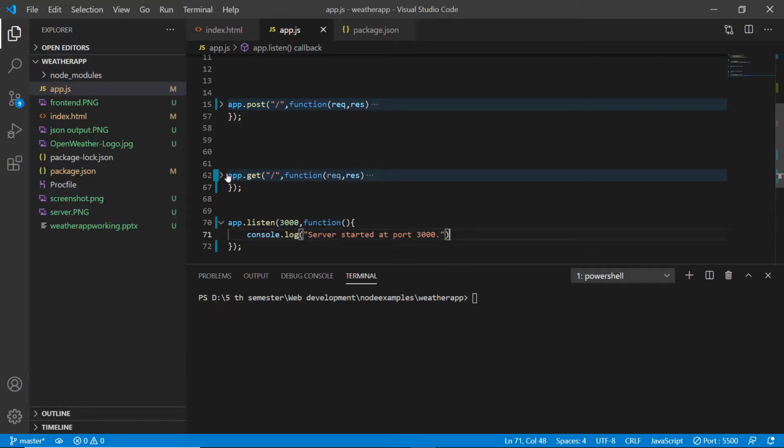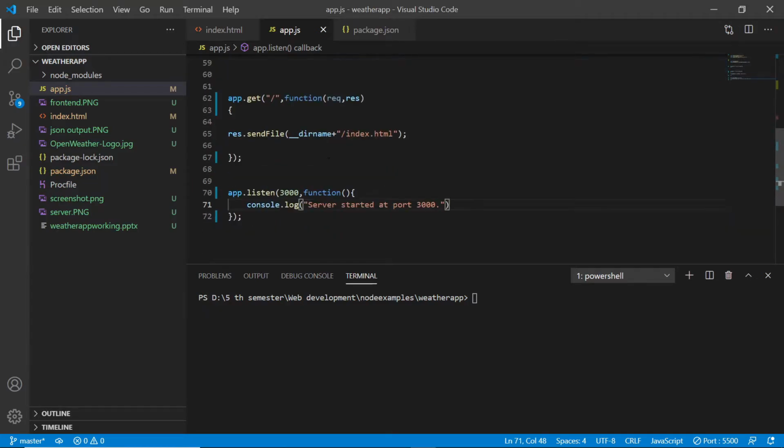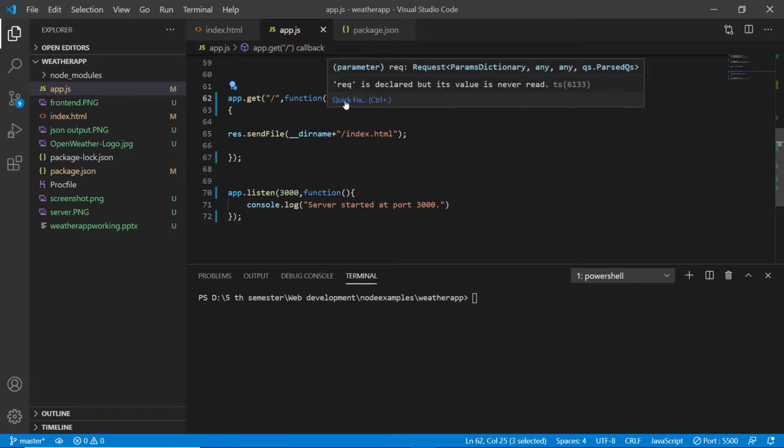Now let's see this get route. Whenever there is a get request from the client side to the home page, slash just means home page, localhost, this callback function has to be executed, and it takes two parameters, which are a request and a response.